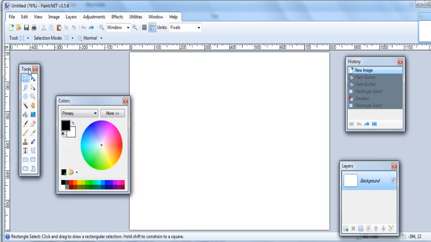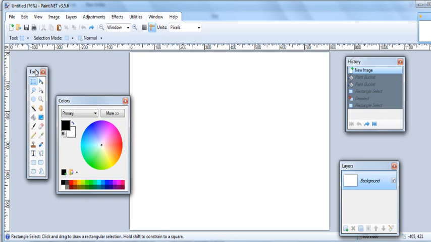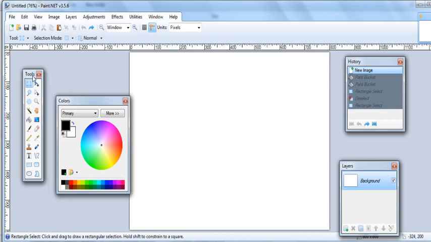This is the tools box, so you're going to use this tools box a lot. And if you've used even Paintbrush or even the basic paint, you know what these tools are all about. Well, with Paint.net, it actually goes beyond just basic tools. Like if I click on the rectangle here,